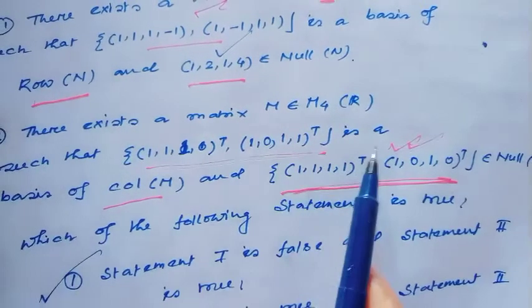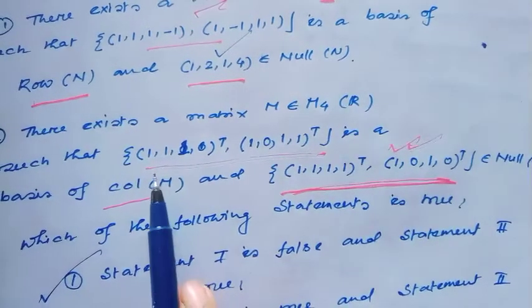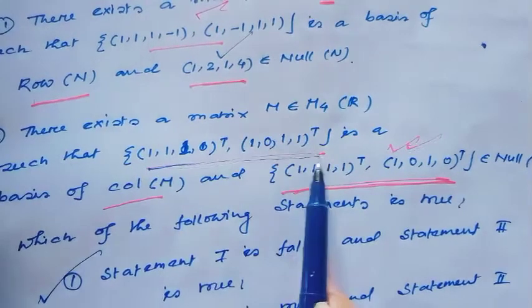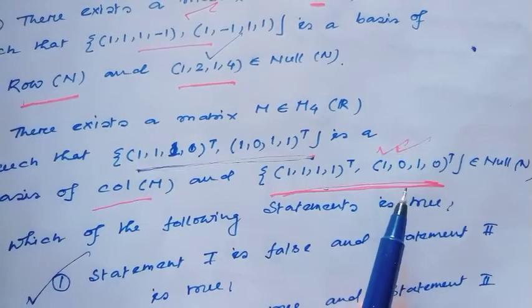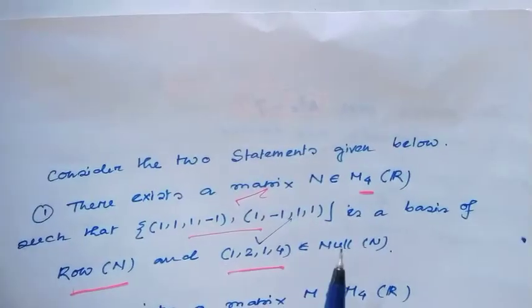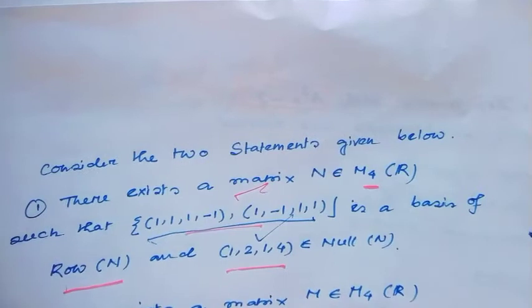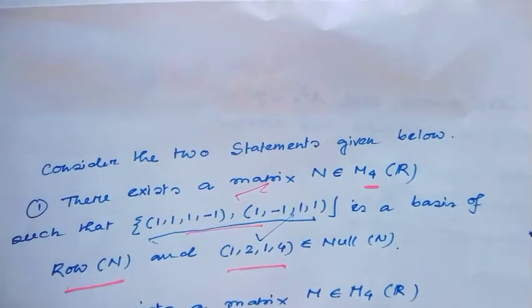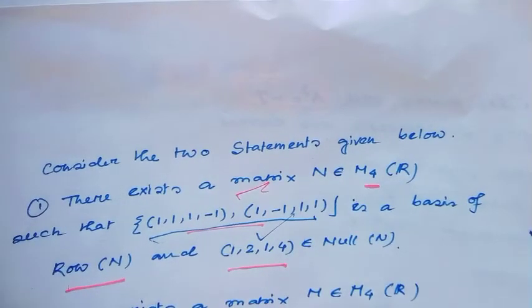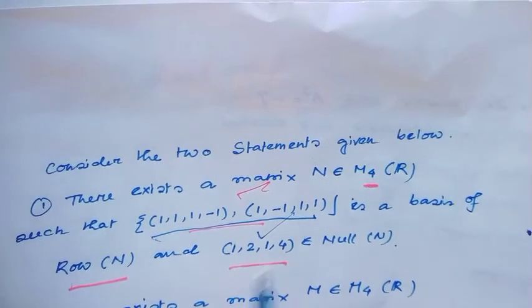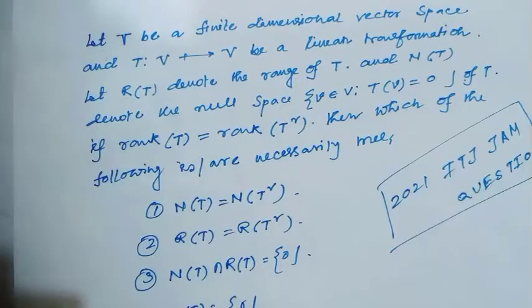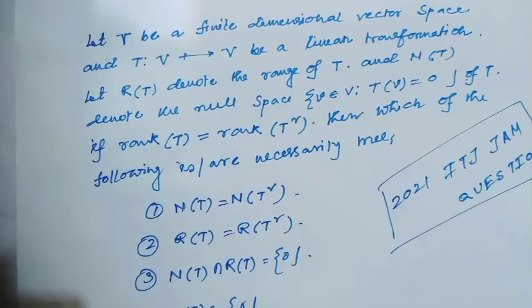There exists a matrix whose row space is generated by this vector and null space is generated by this vector. But option 1 is a wrong option because there does not exist such type of matrix whose row space is generated by this vector and null space is generated by this vector. Now I will see another question which came in